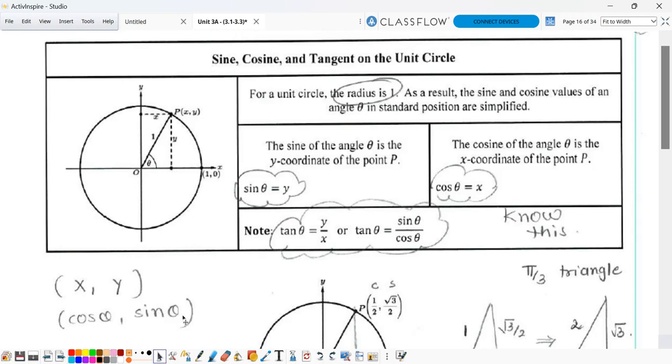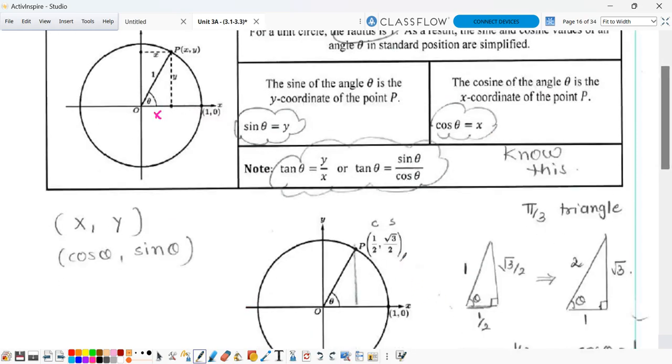Cosine was x over r, and we say that radius is 1, so simply x, which means your x and y coordinates are simply cosine and sine values. Tangent theta is the same as y over x, which is same as sine over cosine, which is the same